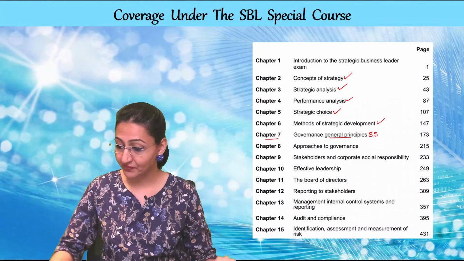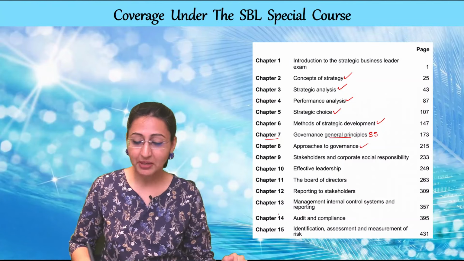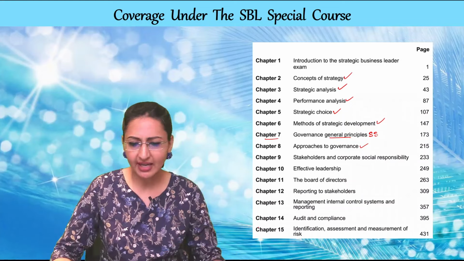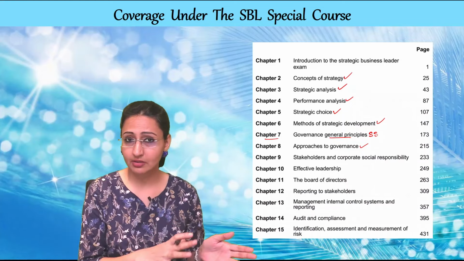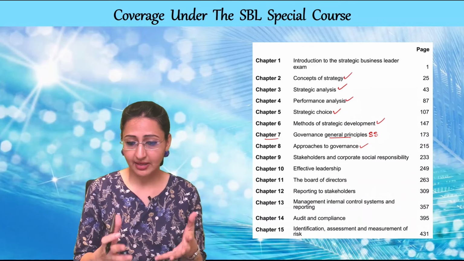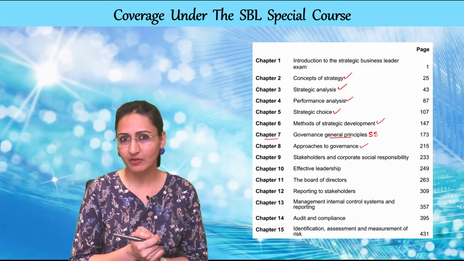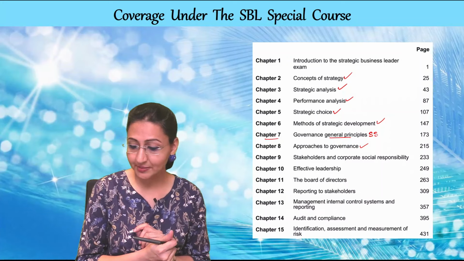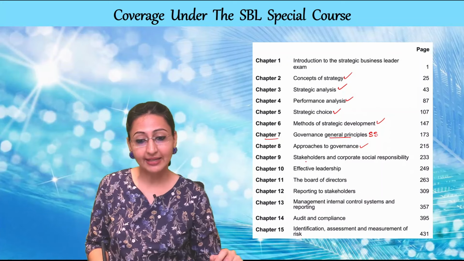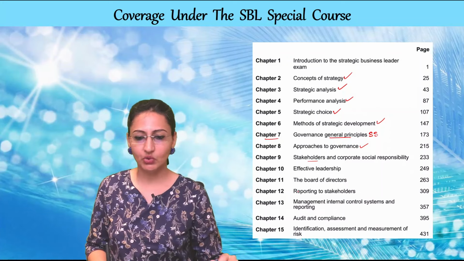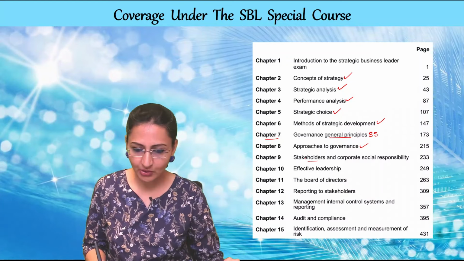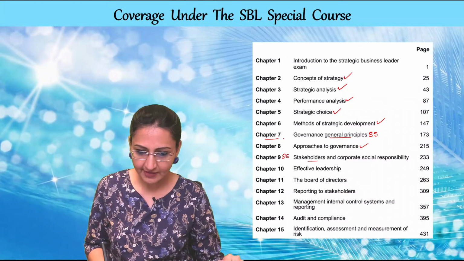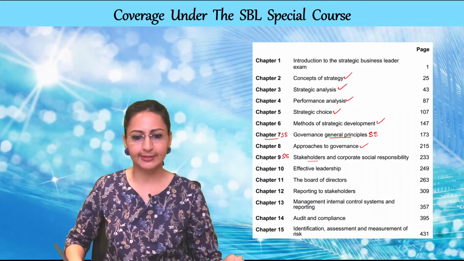Chapter number 7. Now again, the 8th will be my responsibility because the 8th has some OECD and some technical terminology, SOX, and I somehow feel that I need to cover it, otherwise you will lose on the concepts. Then comes chapter number 9, which talks about corporate social responsibility and stakeholders. Very easy chapter. This also can be done as self-study. So I'll mark self-studies like this.